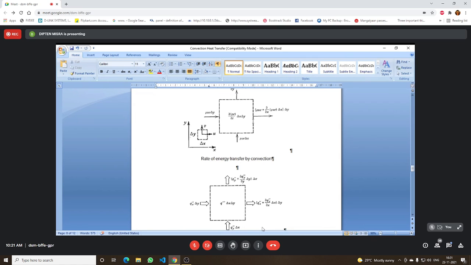What I am saying is that along with that, have we taken any other term? Here what we have done: Q dot CV, the heat input, plus energy entering is equal to W dot CV, the work output, plus the energy leaving. When you take the energy entering, you take a term like the mass flow rate m dot into u plus Gz plus half velocity square. Similarly, at the outlet, you take a similar term. Apart from that, you have taken one more thing, that is P into V.